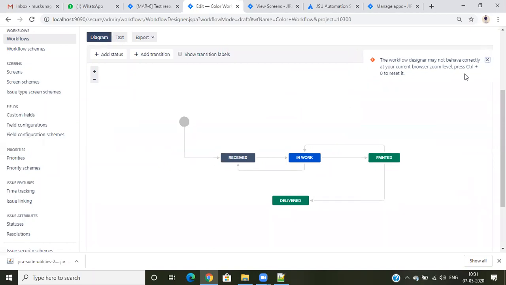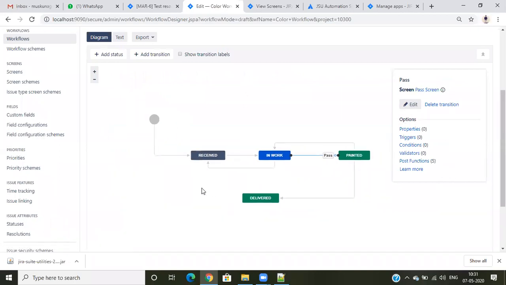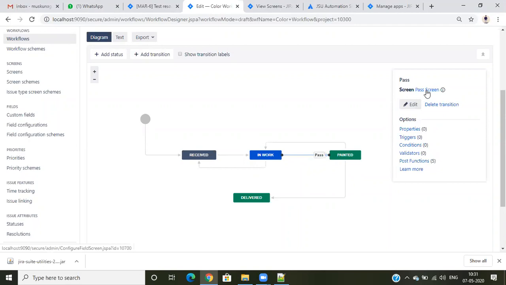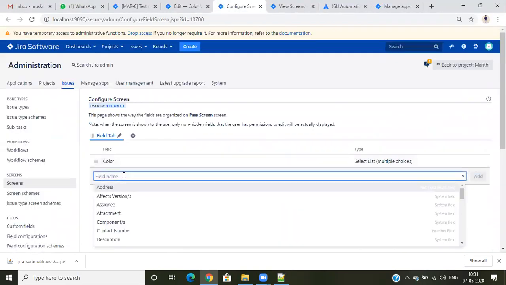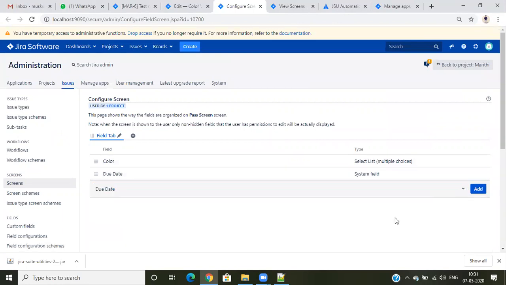To achieve that, we normally use this. See, if I click on pass, we see this screen. Suppose I click on another one, I'm not able to see any screen here, but if I click on pass, the screen appears. If I click on this pass screen, I have a color. So if I add any due date, add.